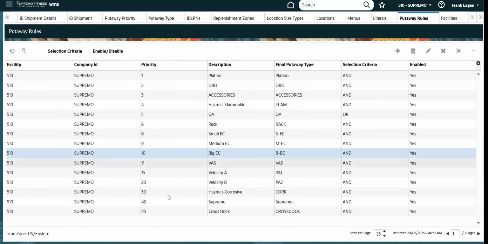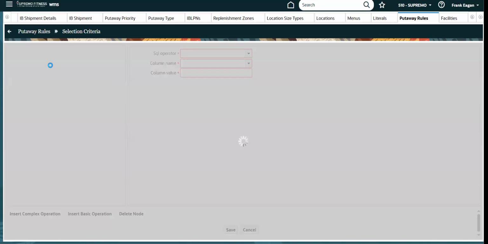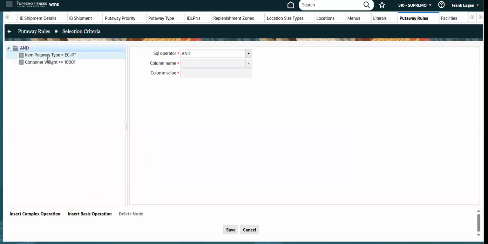Correct. So what you can do is, let's say you write all the rules for your put away types, which are valid, and those have some directed locations. Out of those rules, I want to configure one more rule: if nothing is satisfied from these rules, there should be one location to which that LPN gets directed. So what I can write at the end of this priority, if nothing is satisfied, is,